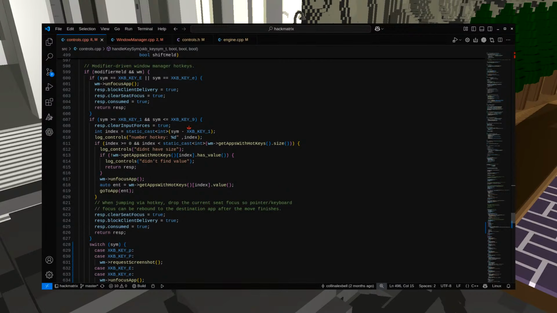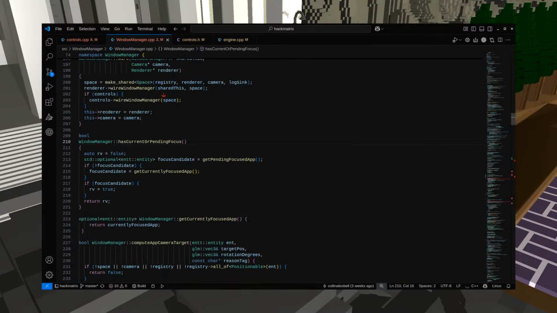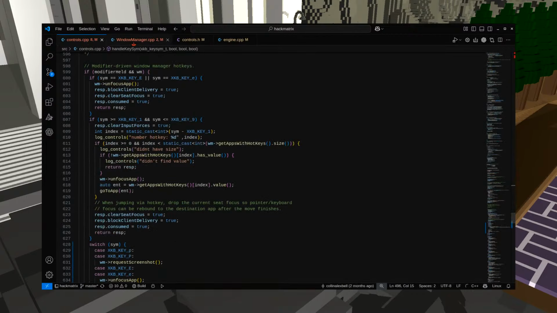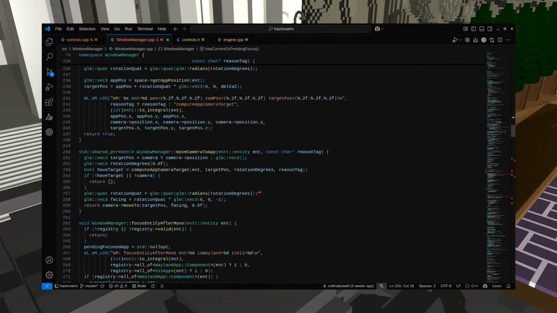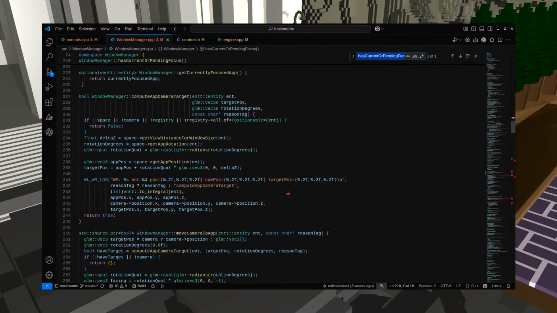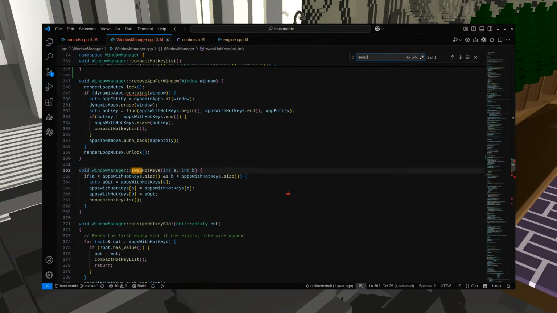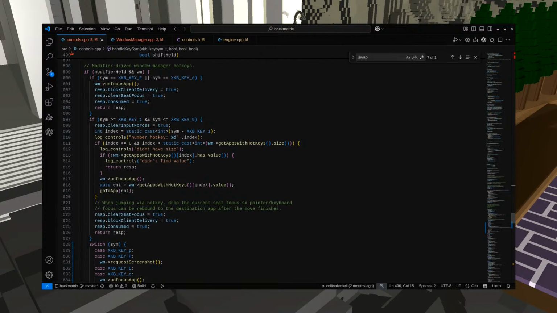And that doesn't exist. But maybe I can add it. So I think there might be a function in here called swap. Swap hotkeys A and B. Okay, so if I